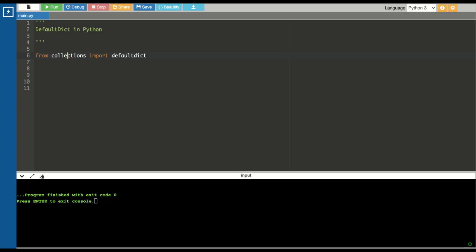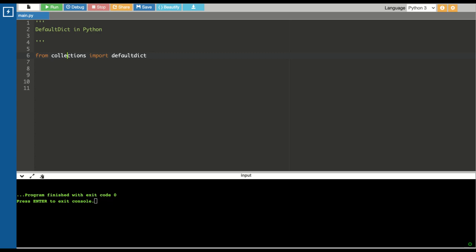Okay, so why do we need a default dictionary? Let's see the problems with the dictionaries first. The first problem is that when you try to assign a value for which the key is already present in the dictionary, it will override the previous value. The second problem is with key errors. Whenever we are generating dictionaries at runtime, it is very difficult to manage them because most of the time the key is not available, so you will get a key error and you have to handle it with a try-catch statement.